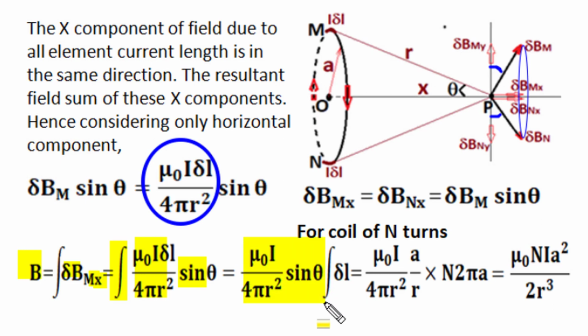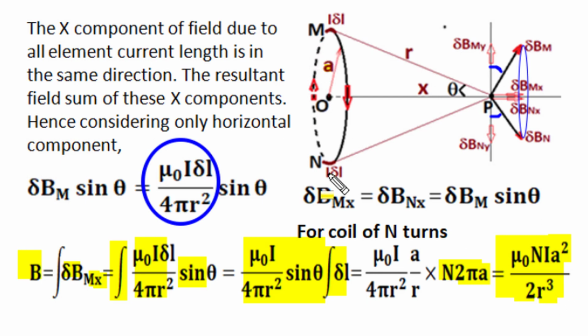They are brought out of the integration as constants, and the integration becomes only the integration of the circular coil length, and for a coil of radius a and n turns, this entire length becomes one circumference, 2 pi a, and n turns will have n 2 pi a length, and simplification will make a square in the numerator, and this 4 pi gets cancelled by 2 pi, and the denominator gets only 2, and this r square becomes r cube, and this becomes our relation, mu 0 n I a square upon 2 r cube,